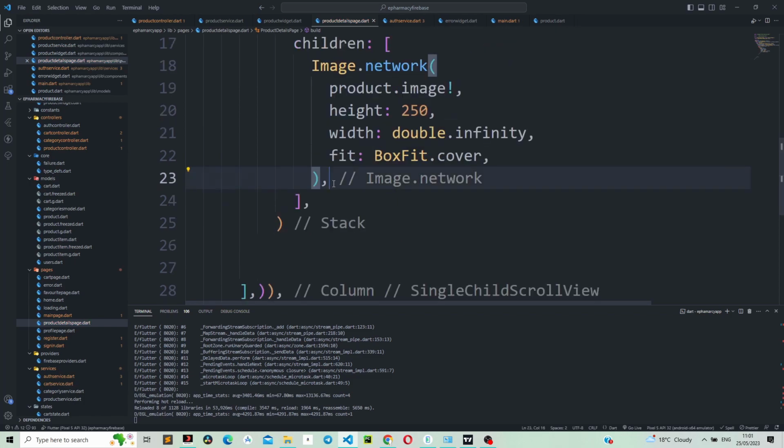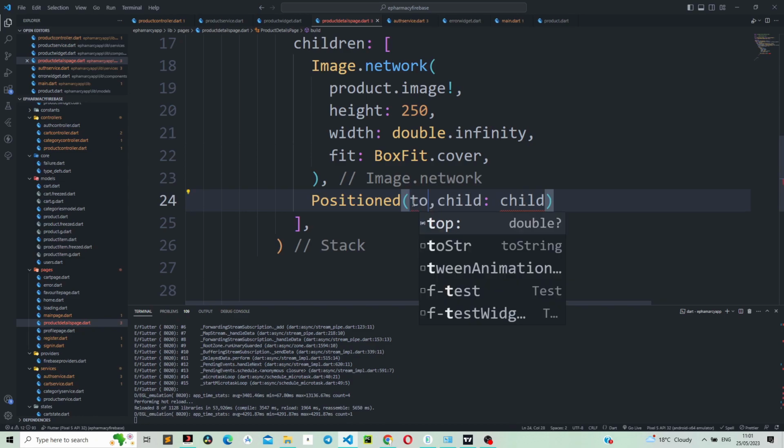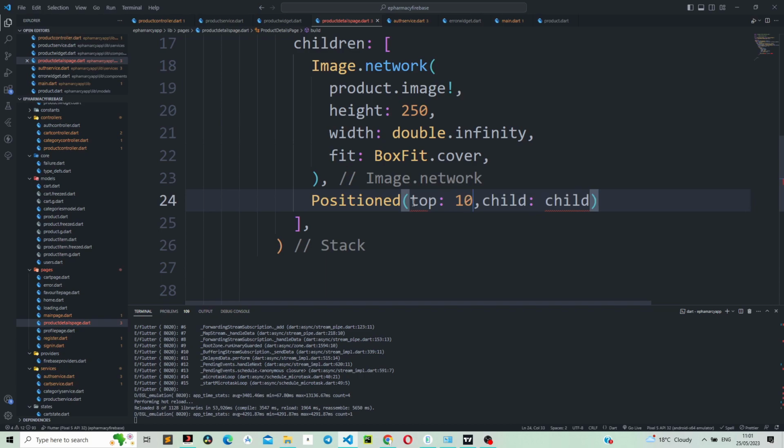So below the image, we need to provide the positioned widget, and then from the top we have 10, and from the left, a distance of 10, and then we need to provide the icon,